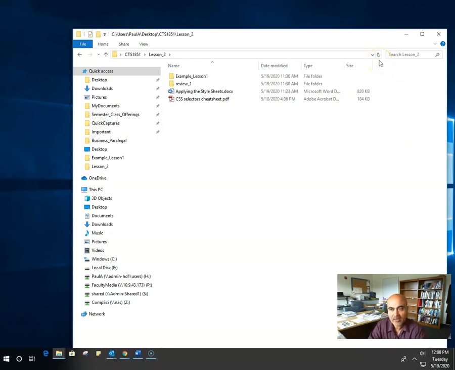Let's take a look at the code and apply these cascading style sheets and see how it would change the appearance of the pages. But before I start, I again want to point out the importance of the folder structure. So here, as you can see from my path at the top, just for simplicity, I had basically created a folder called